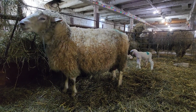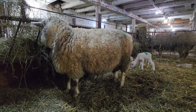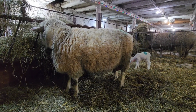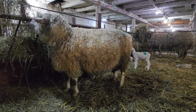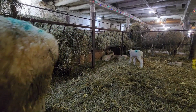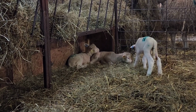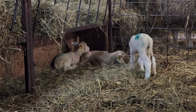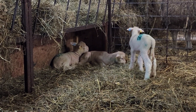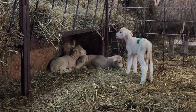But a lot of people, when they have a triplet, they'll just pull one off and put it on a milk machine, or bottle feed them in a separate pan. And that's probably the easiest route, because topping up takes time, and maybe when they're younger you have to watch them a little more. But for us,